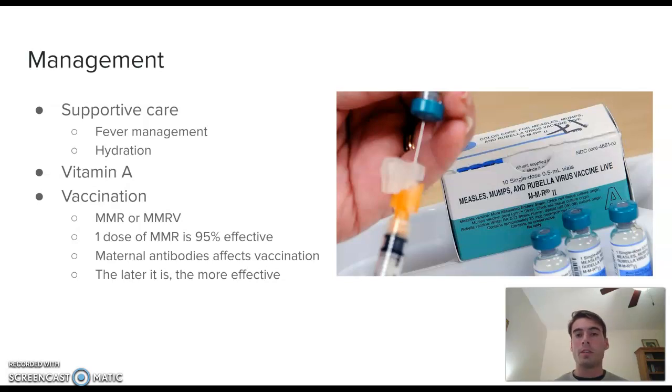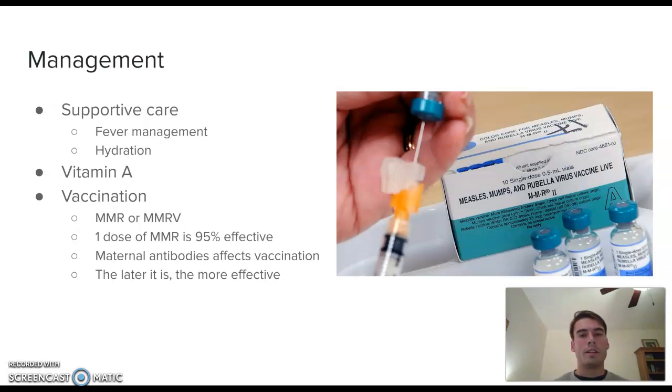Some of those antibodies will likely be measles antibodies if the mother had already had measles or gotten vaccinated. So the child will have those antibodies for about the first 6 months of their life. And then after those 6 months are up, the amount of those measles antibodies will steadily go down. But during those first 6 months,